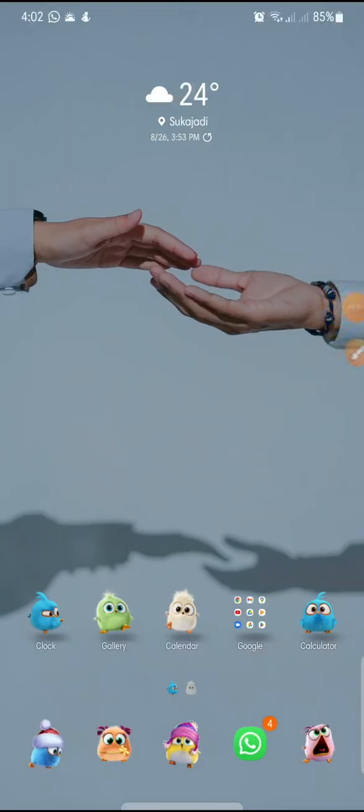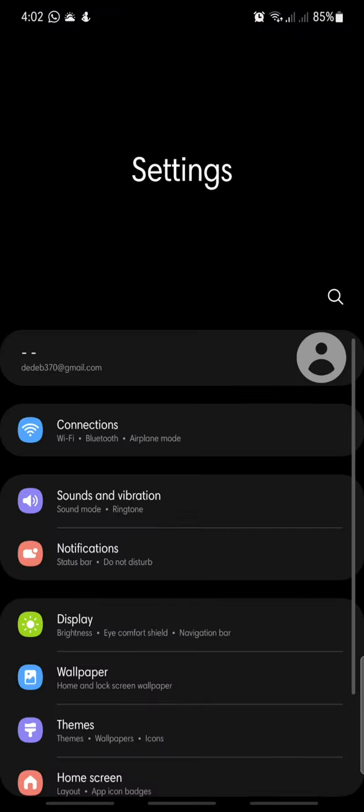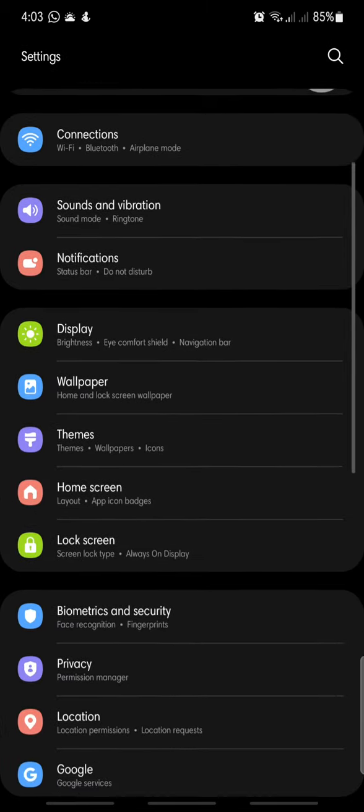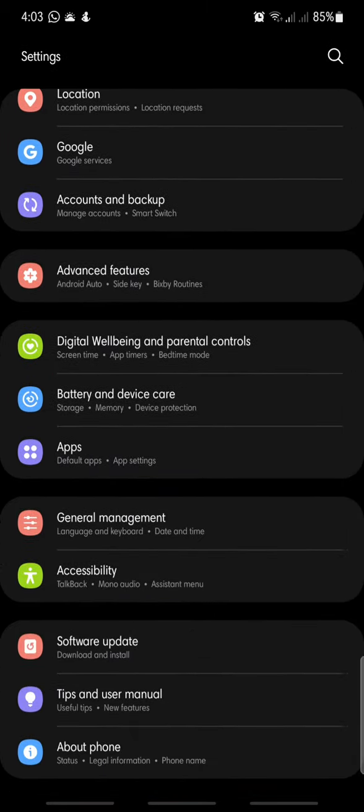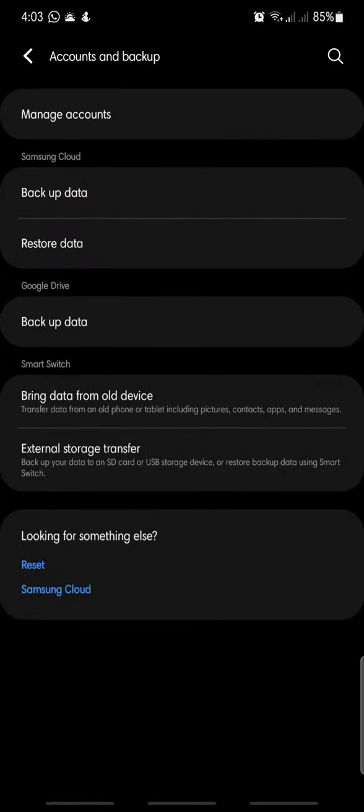In this video, I'm going to show you how to back up your data on Samsung Android to Samsung Cloud. Now let's get started. First, open the Settings icon on your Samsung Android phone, and after this, here you can swipe down until you can see Accounts and backup. Click on this one, and after this, here you can click on Back up data, this one at Samsung Cloud. Click on it,